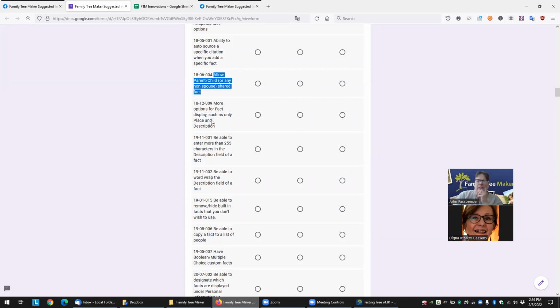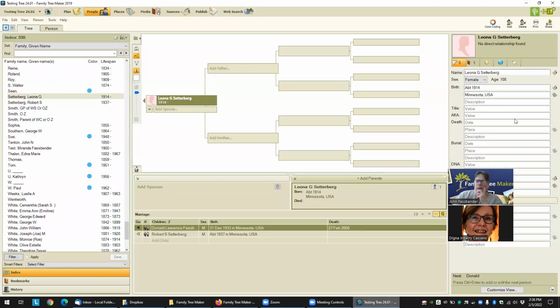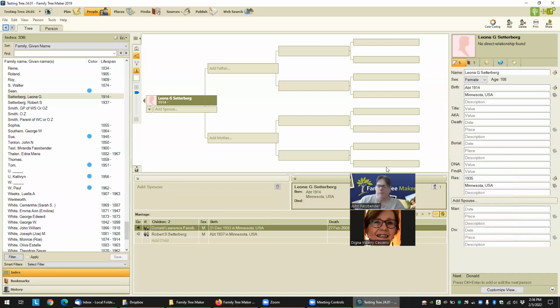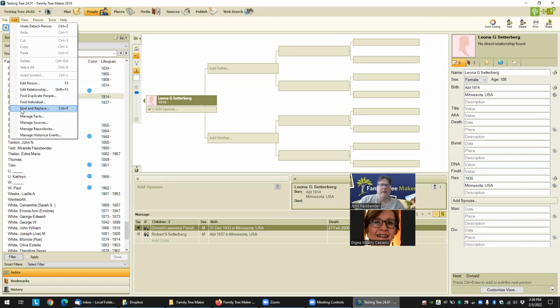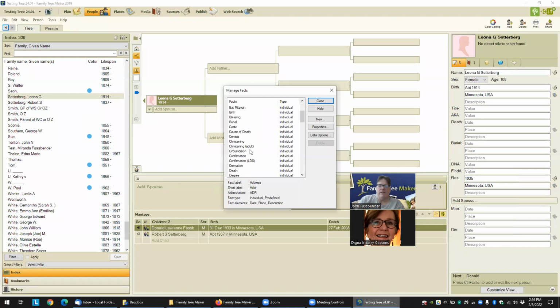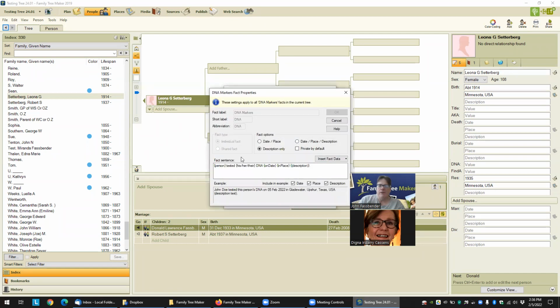More options for fact display, such as only place and description. This primarily deals with how they are here on this right side. Sorry, I've got to move the people here. So see here, I've got a residence, DNA, Find a Grave. Well, let me do the DNA one. DNA markers. Let's just say